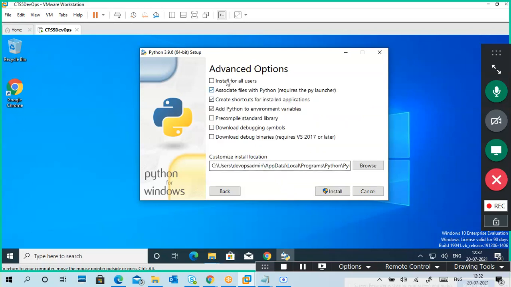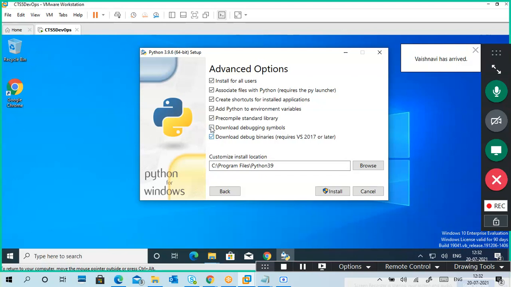I checked everything. By default, it goes to AppData Local Programs Python, which is the location of your installation. But when I select install for all users, it changes to Program Files Python39. The remaining options, like download debug binaries, you can select if you want.